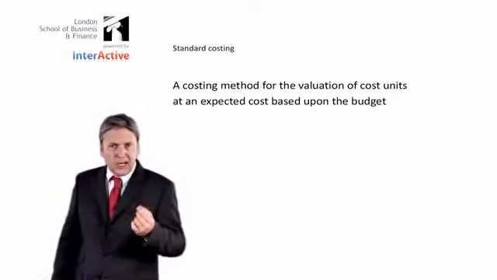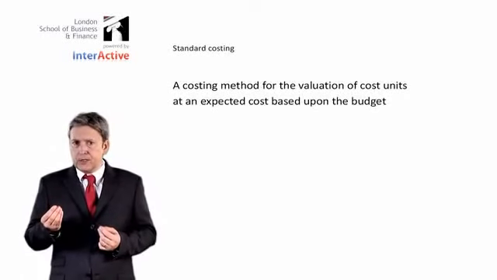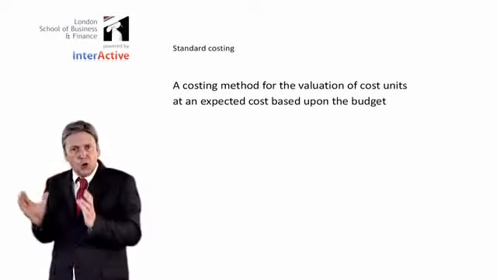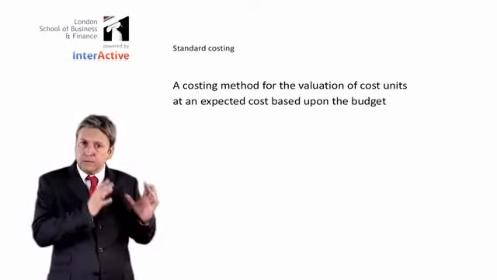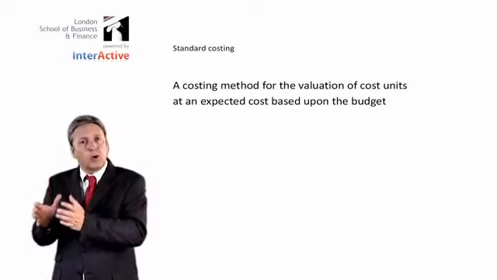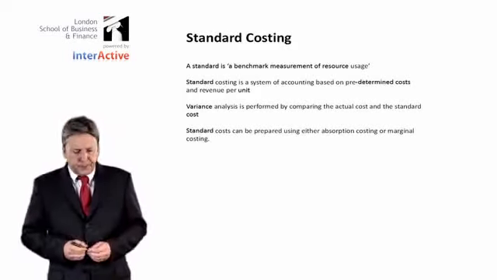Now, standard costing is very closely linked to budgeting. The way I like to think of it is this. When we talk about budgets, we're looking at aggregates and totals, whereas when we're looking at standard costs, we're looking at per unit information. But standards will be a key building block for any budget. So, how does it work? Well,